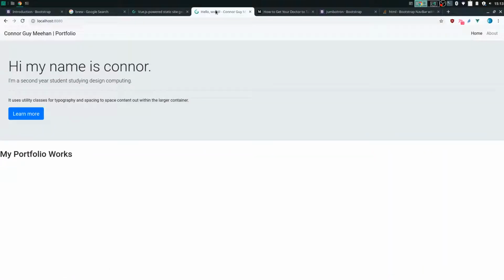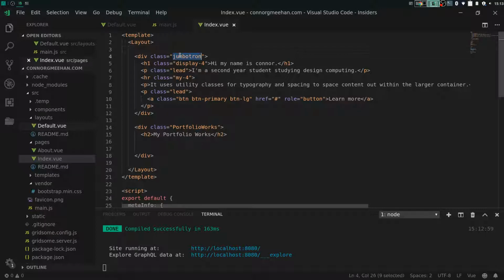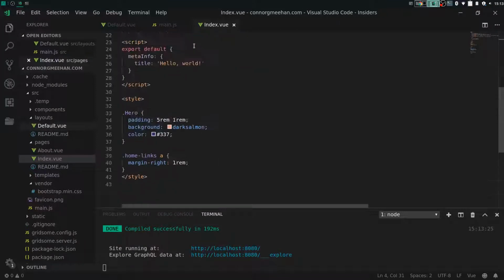Alright, what does it look like? Oh, it looks really generic, but whatever. This is something that you could just build on top of, and it would look pretty good. So let's have a look at this. Jumbotron is going to create a really wide div with a lot of padding. I actually prefer way more padding than this, so I will re-add the hero class, and I'm going to just